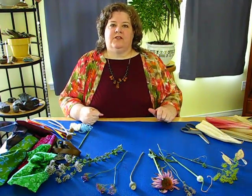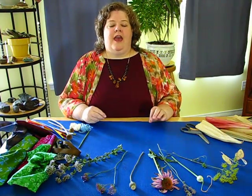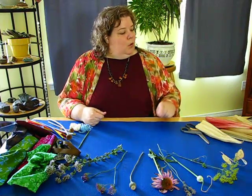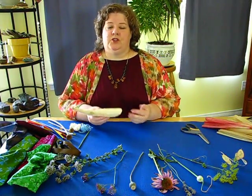celebrating the Celtic festival of Lammas. Lammas is a harvest festival and celebrates the first fruits, which are generally the grains and fruits. We are going to make corn dolls today, which is a tradition that is often used during the Celtic holiday